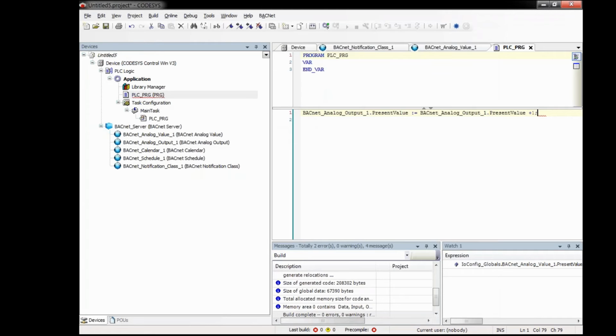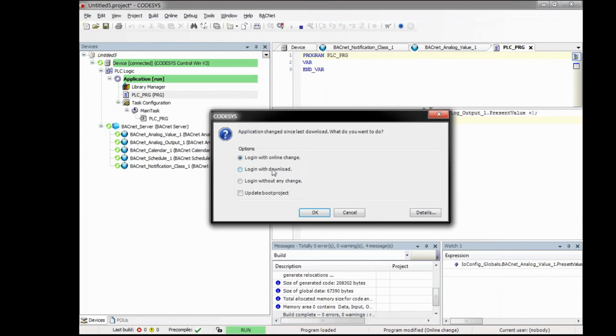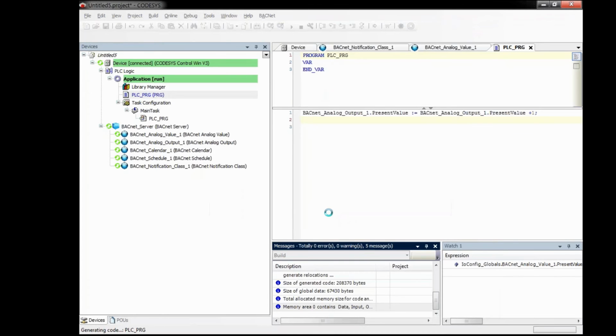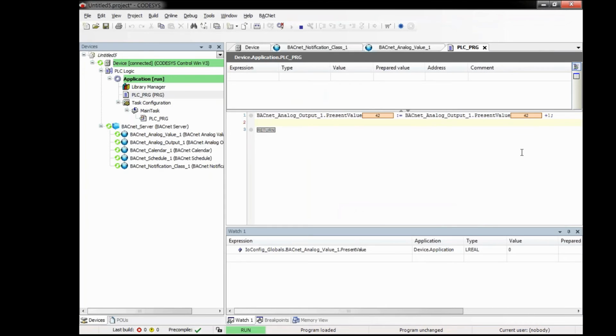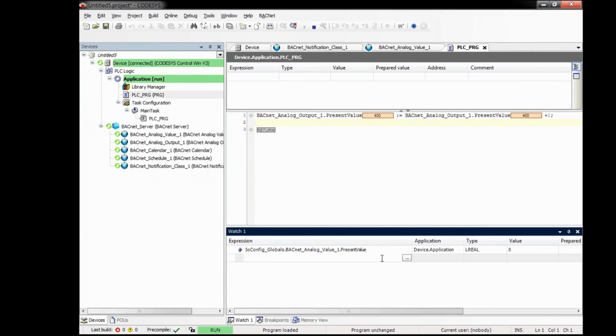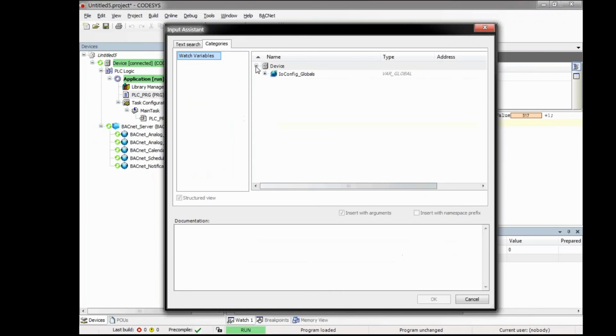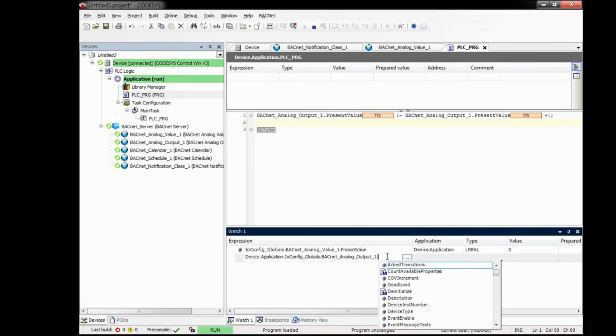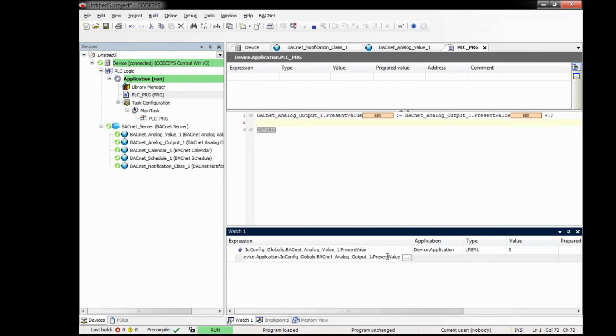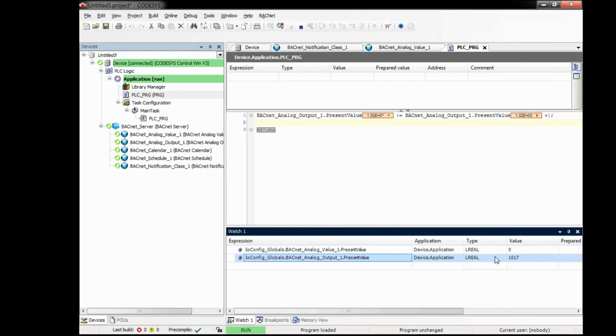Okay. Login with download. And start the server again. So here we see now the online changes. We could also watch this within the watch window here below. Okay, so we see the permanent value change.